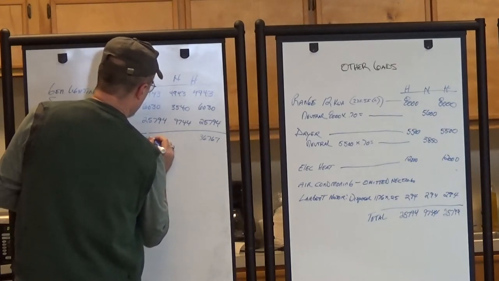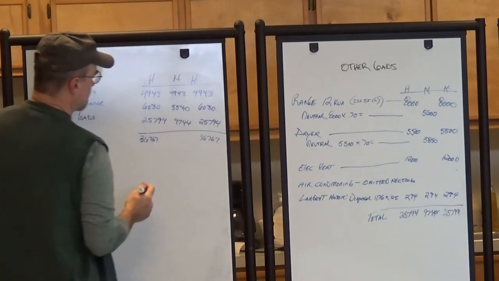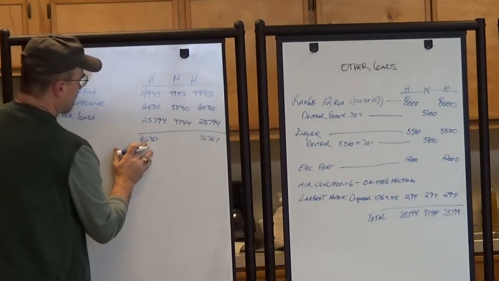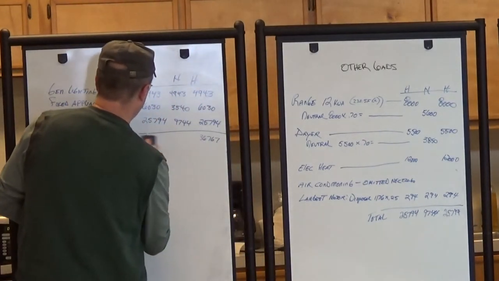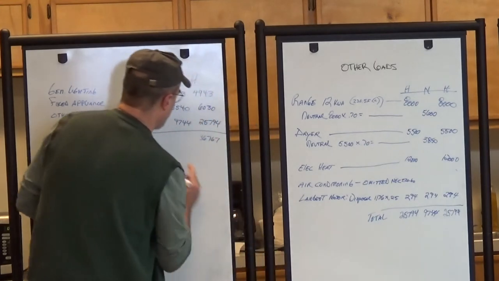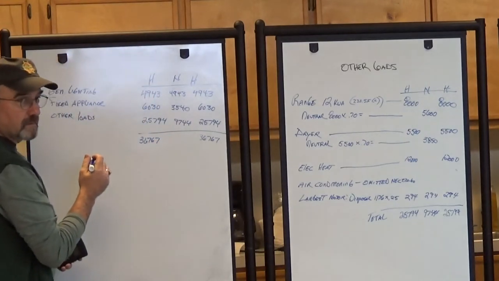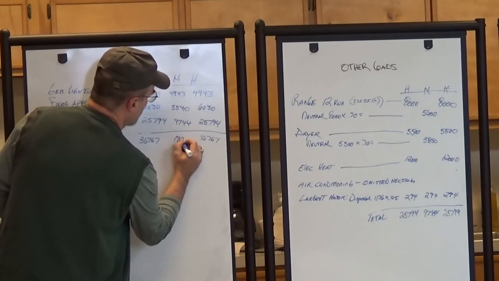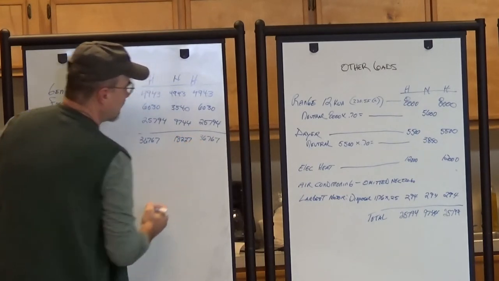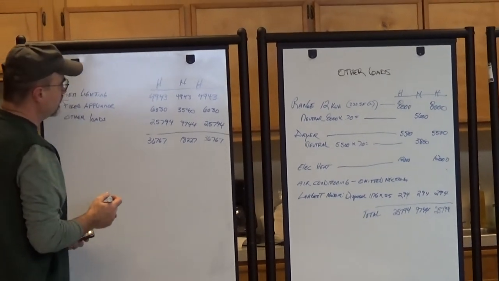And the neutral? Tell me again, Robert? 18,227. Do y'all agree with that? 18,227? Yeah, I did. Okay. Now,